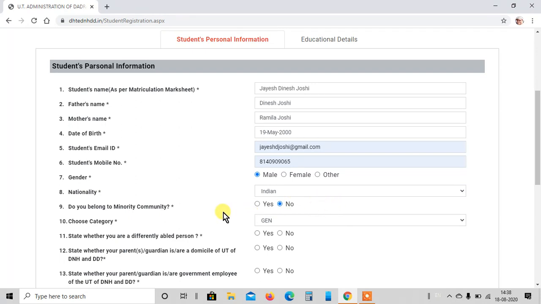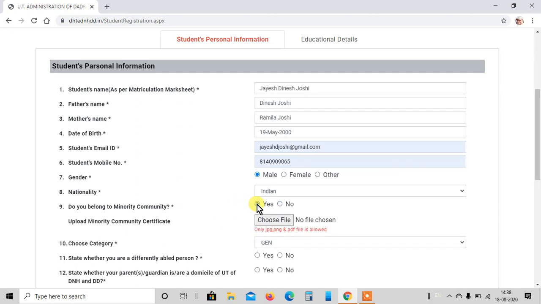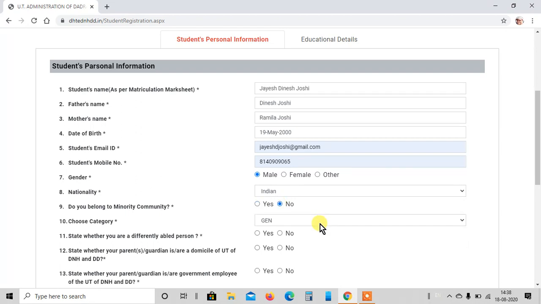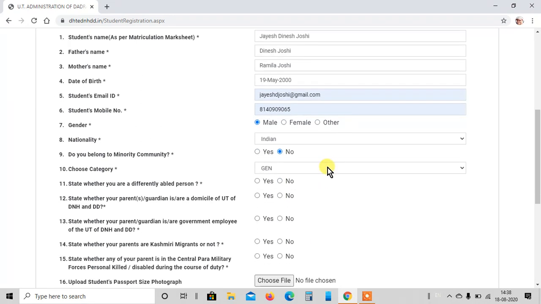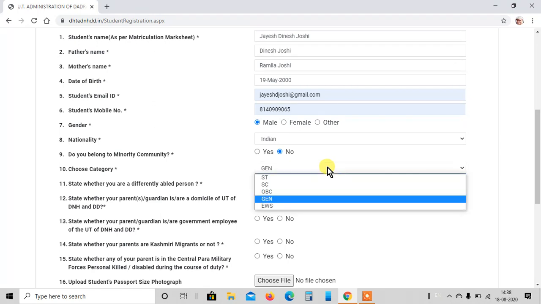If you are from the minority community, please select yes. Make sure whenever you select yes, please upload the relevant certificate issued by the competent authority. Since I am not from the minority community, I will select no. Choose the type of category you belong to.